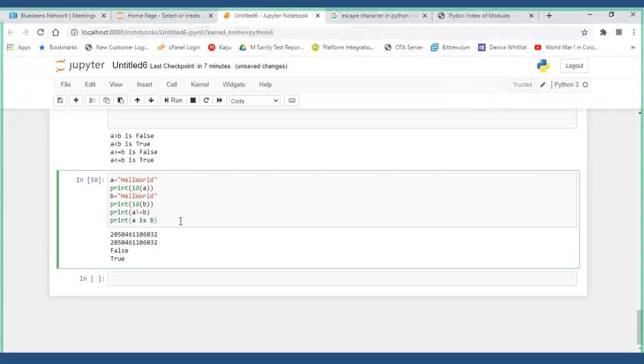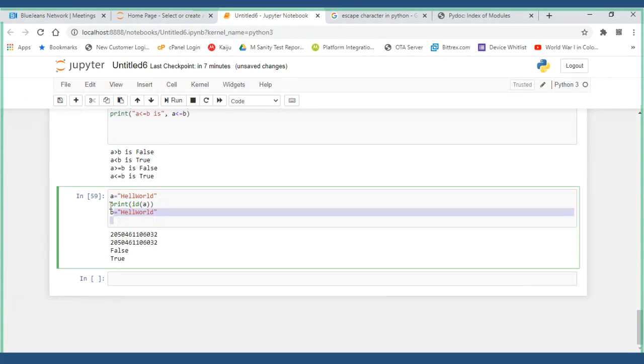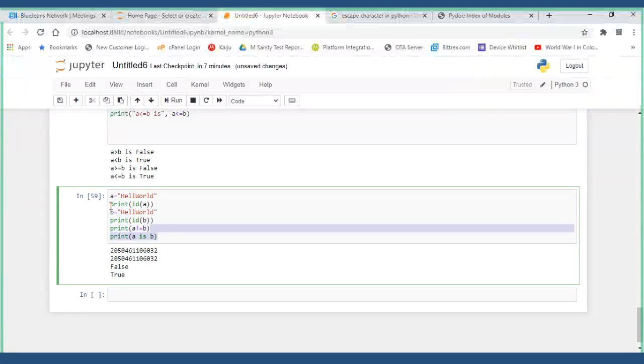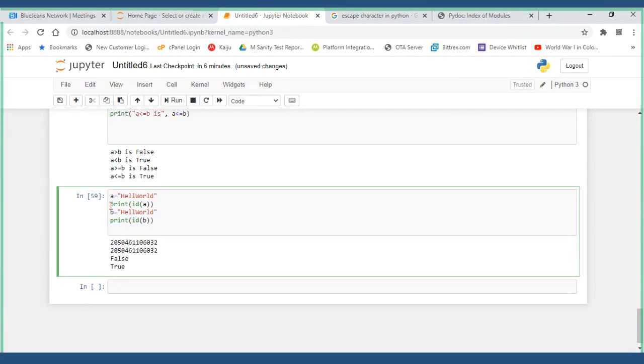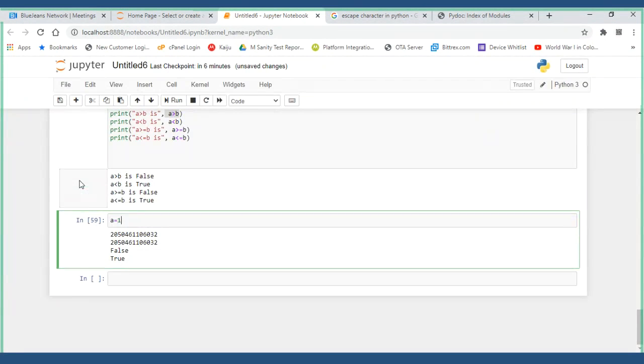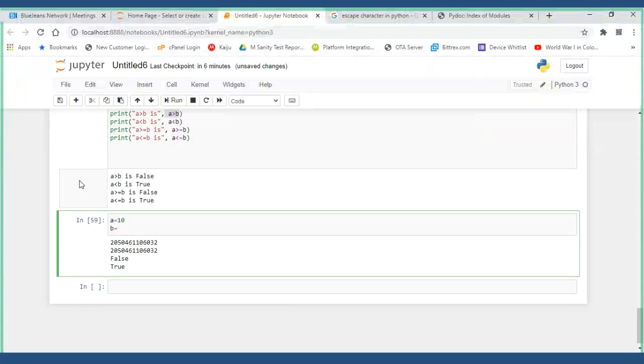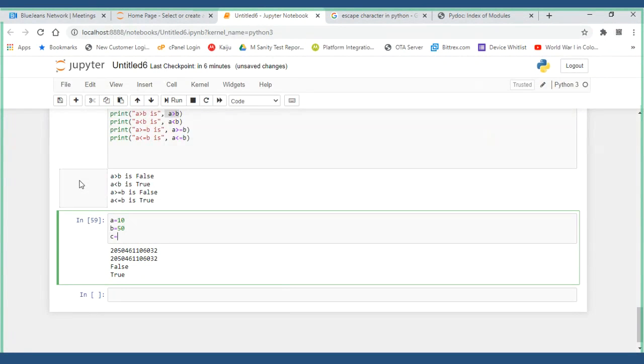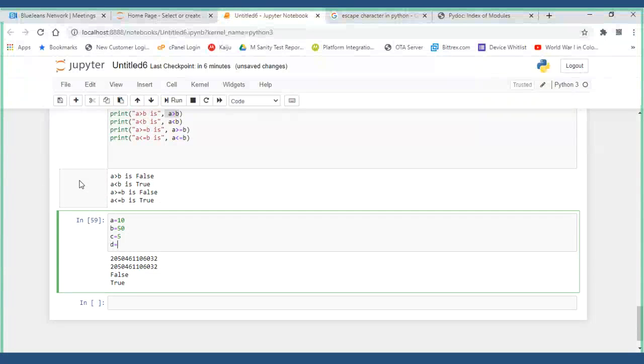Next thing is, I forget these operators. We can use them in whichever way we want. See, I'll give you an example here. Sorry, Control Z. In case you want something like A greater than B, let me give A is equal to 10, B is equal to 50, C is equal to 5, D is equal to 100.